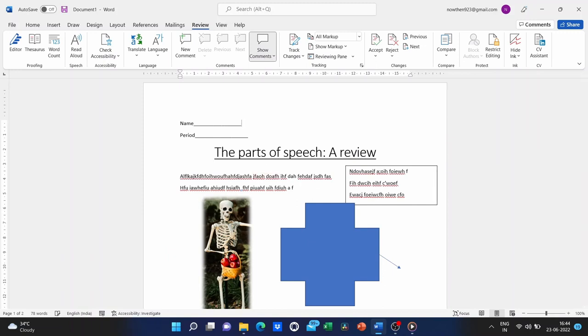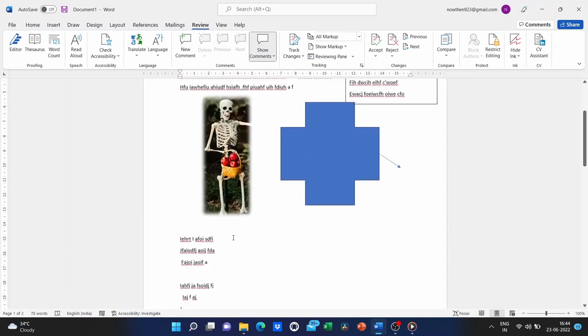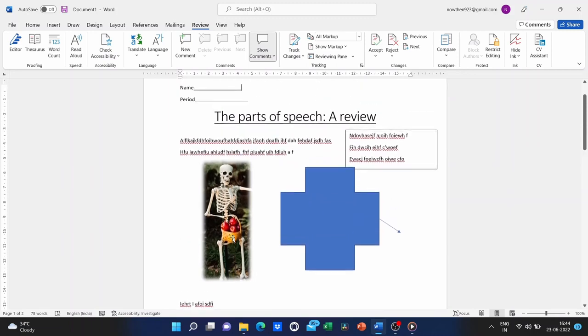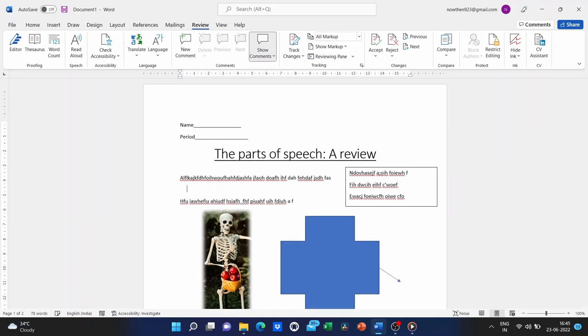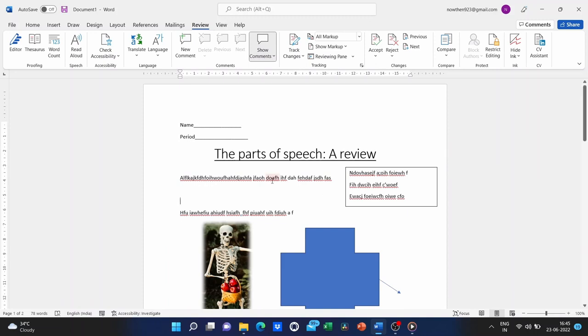Okay, so let's say you're done with your document, and it's time to get ready to turn it in. If you're a student and finishing an assignment, let's say, or maybe you're a teacher, and you've put together what you want to print and give to the students, how do you go from there? Well, one of the first things that you need to do is to consider if you have the right line spacing and things like that. Especially for students. Maybe the teacher has said, I want you to double space your paper. How do you do that?